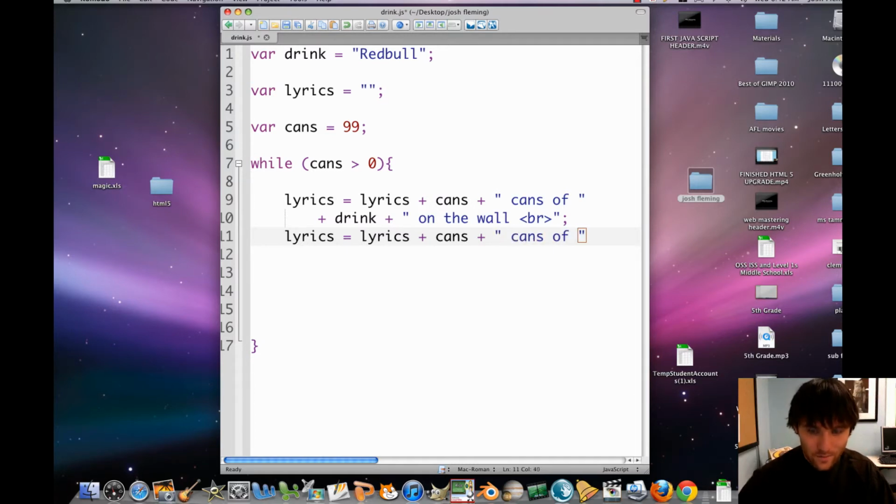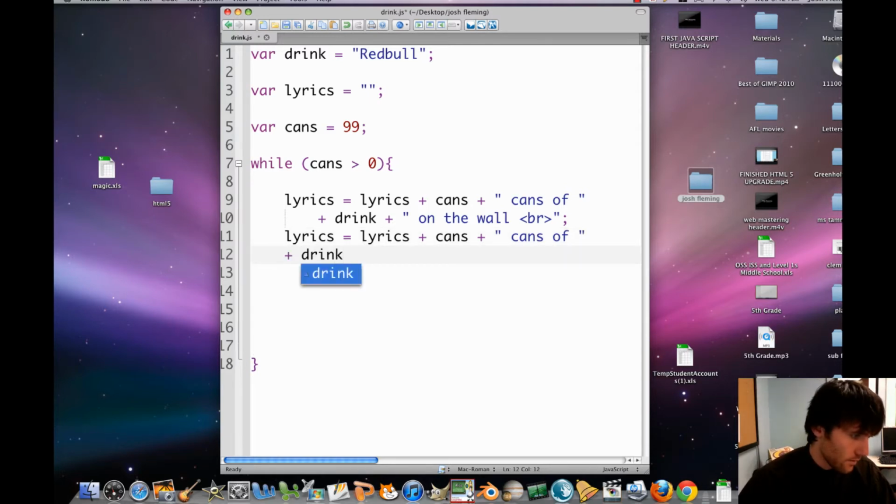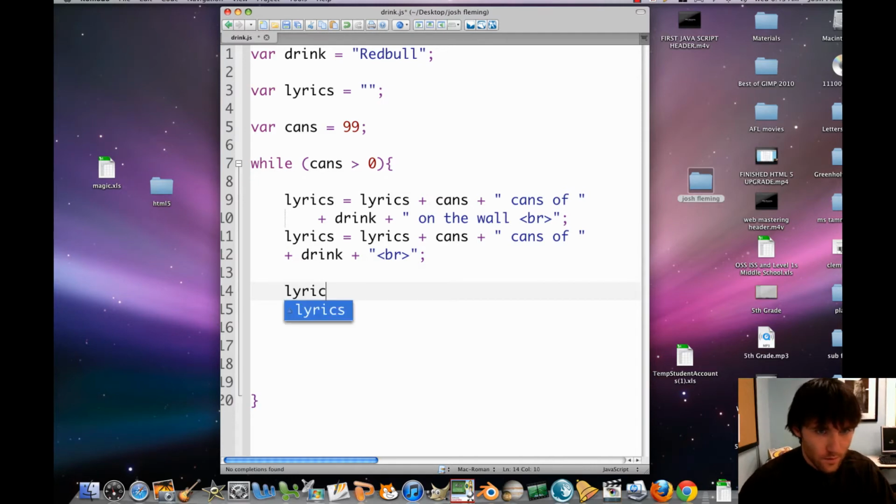again, cans of. Make sure you include the space at the end and at the beginning. Okay, cans of plus drink plus another line break. That's going to be the part where it's like, 99 cans of Red Bull on the wall, 99 cans of Red Bull. Okay, got it? And then finally, lyrics equals